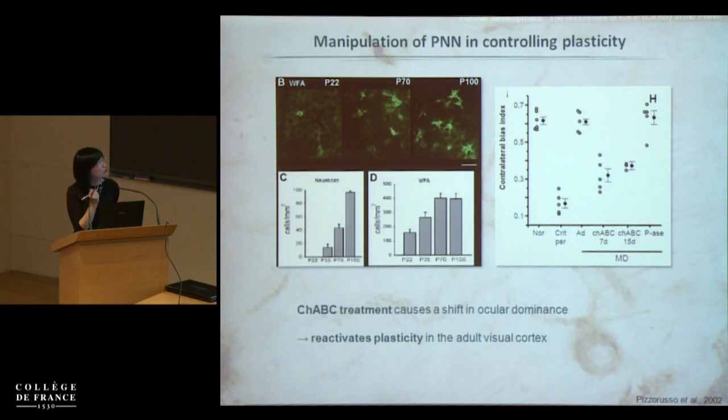In the visual cortex, the reason why people think that perineuronal nets are involved in controlling visual cortex plasticity is because perineuronal nets start wrapping up neurons in the developing visual system. As you can see here from P22 to P100, you see an increasing number of cells and also increasing thickness of the perineuronal net on the cell surface. And in this animal, if you do monocular deprivation experiments, when you just close one eye of the animals,